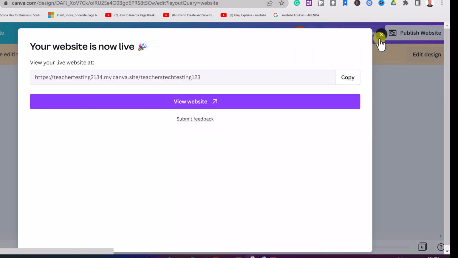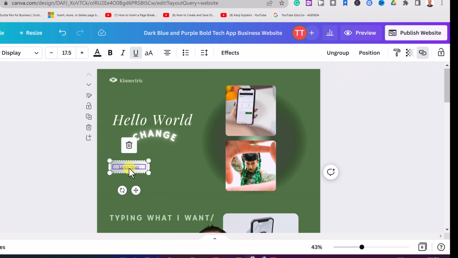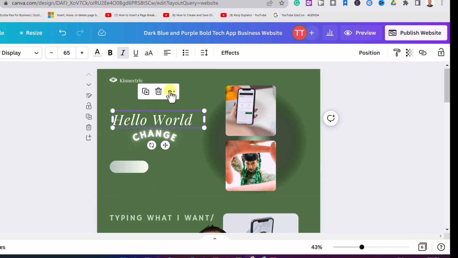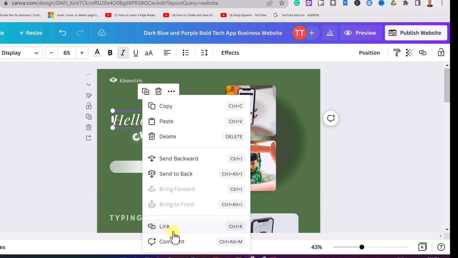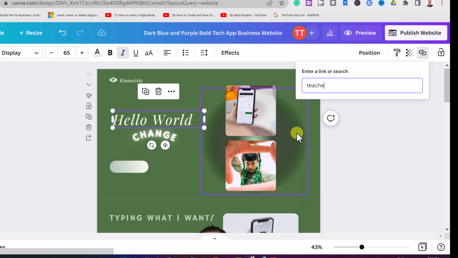So I'm just going to go back one more time here because I want to check to see. And I'm going to go to edit. I want to see what's happening with this. I'm going to actually delete this and test it on just anything else. So if I go to this, I'm going to right click, link, and I'm going to just type teachers.tech again, one more time, hit enter,